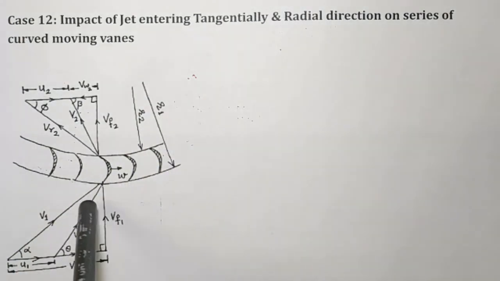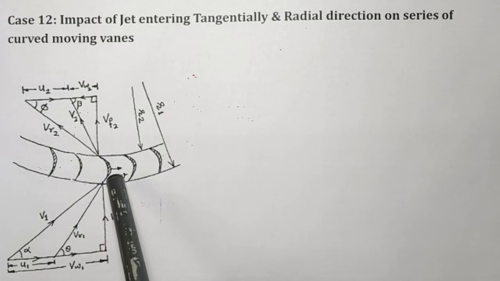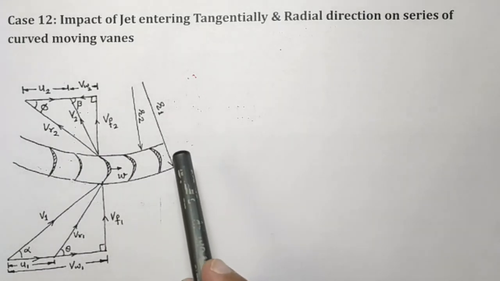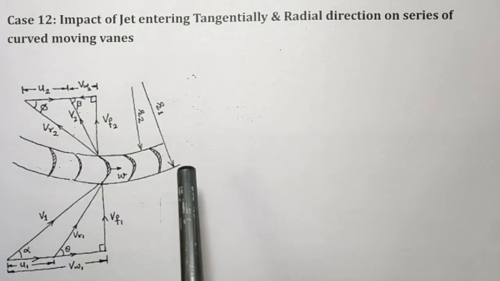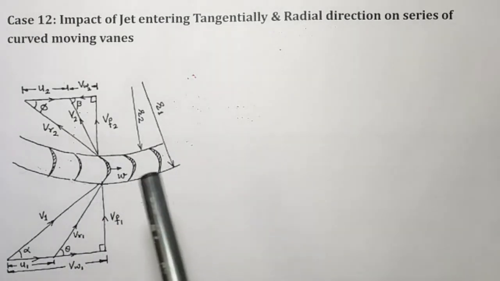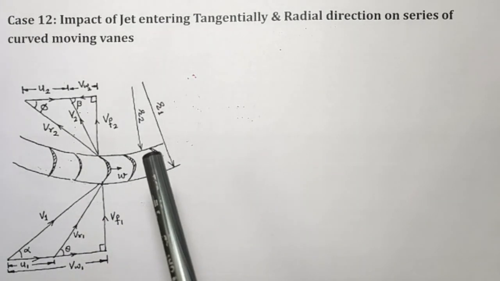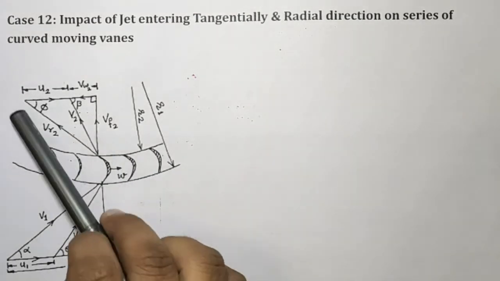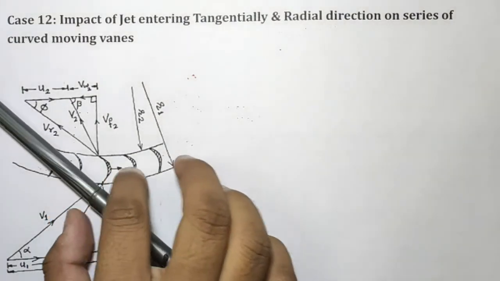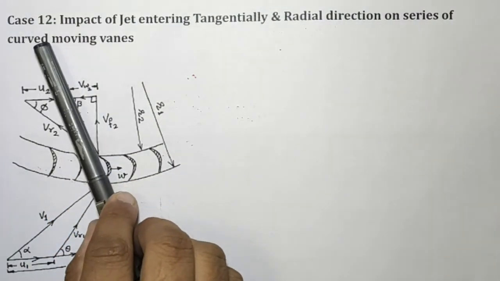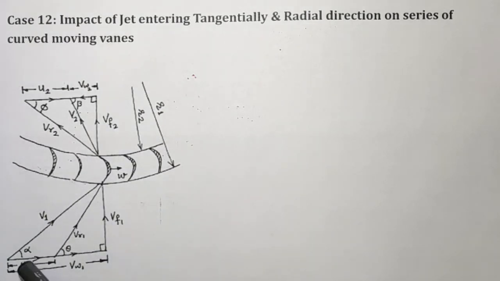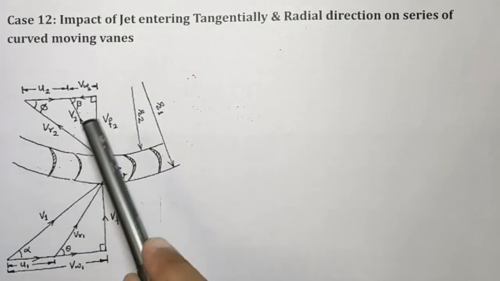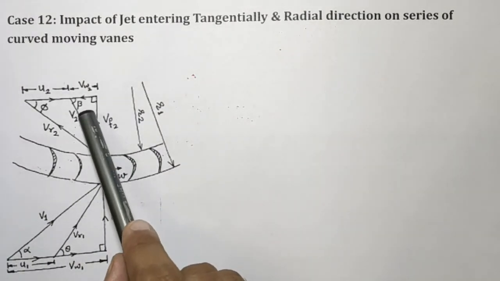We have taken the example of jumping out of a moving train. At that time we carry forward momentum because of inertia, and we move for some distance with respect to the train. The same happens in this case: because of the moving vane, the water jet moves in this direction. So the inlet angle for the absolute jet is alpha, and the angle for the absolute jet at the outlet will be beta.